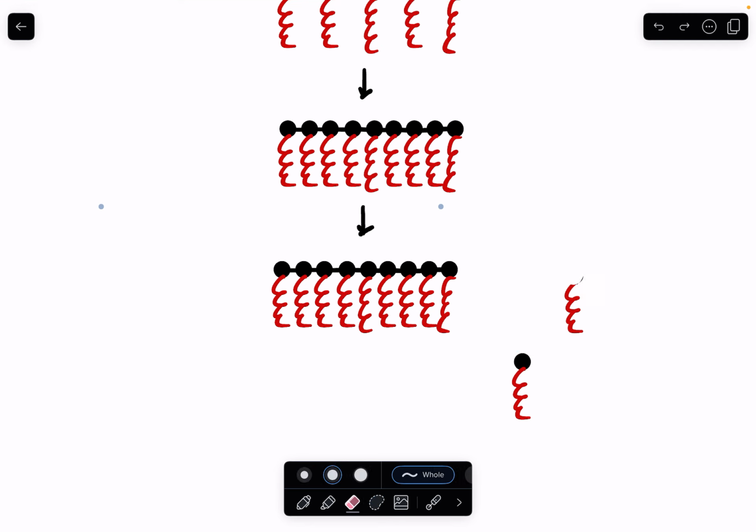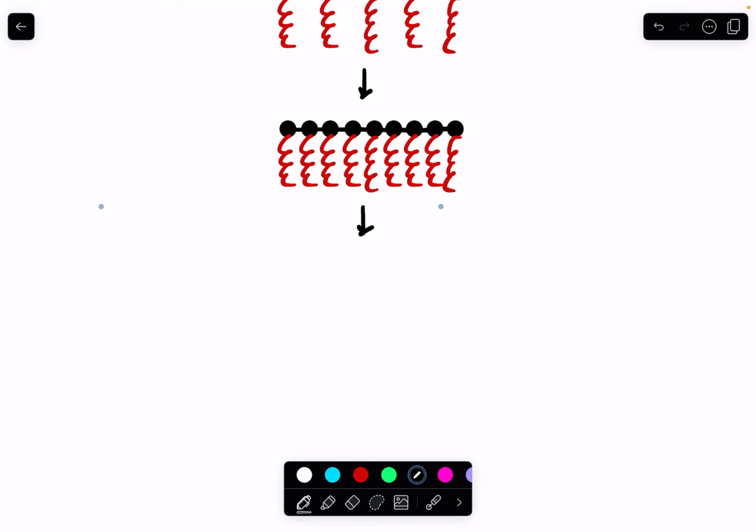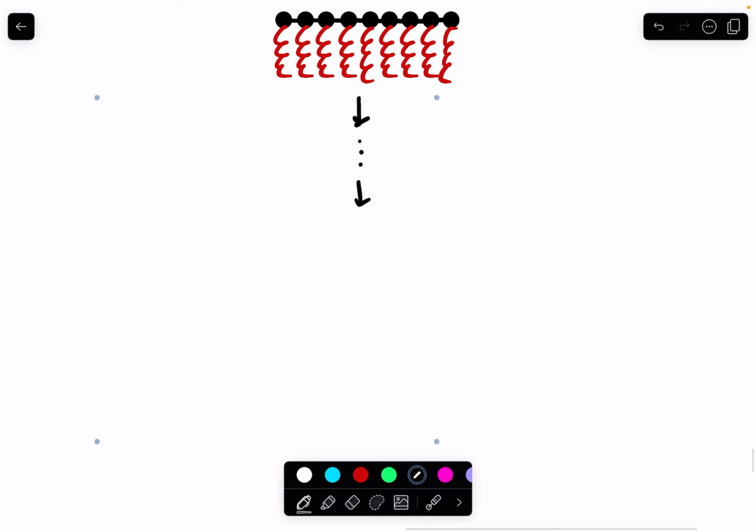So if we continue all the way up to infinity, then what we effectively get